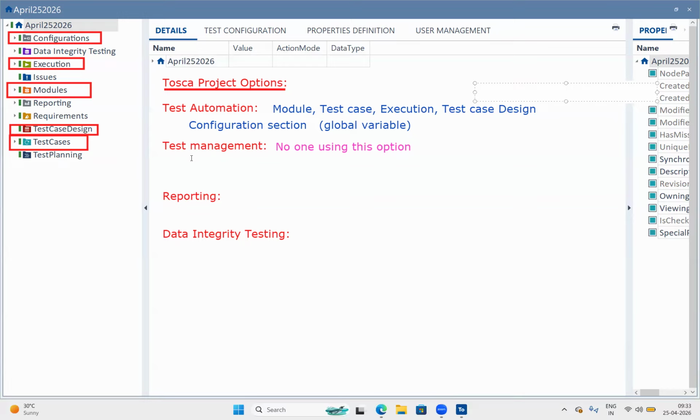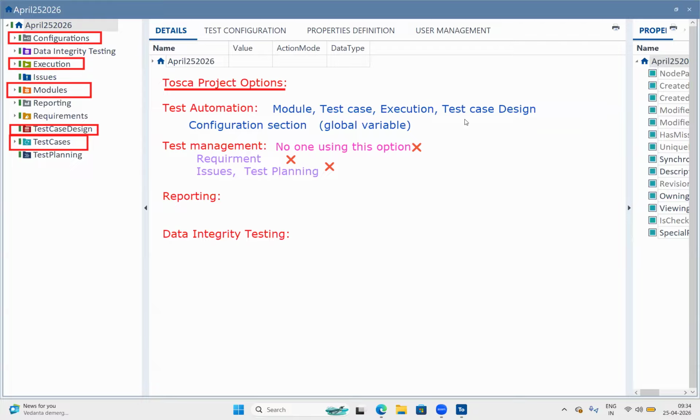The first section is the requirement section. If you want to maintain your requirement-related projects, then use the requirement section. Next is the issues section. If any kind of issues are there, you can simply create them here. And the last one is the test planning section. We can plan the test cases which the team is going to work on for the next week. So here, team, this is not recommended in real time. No one is using this option. But I'm just giving these options as a reference.